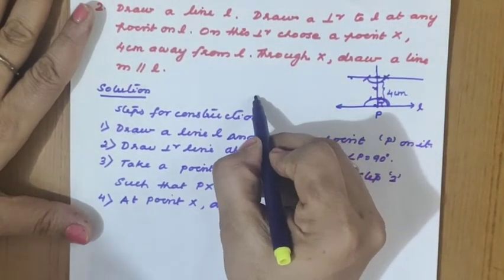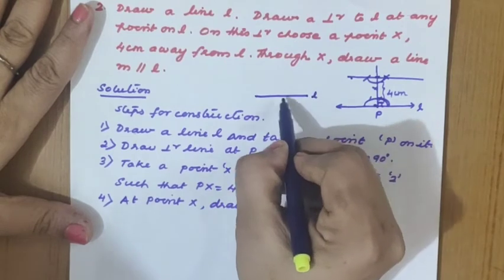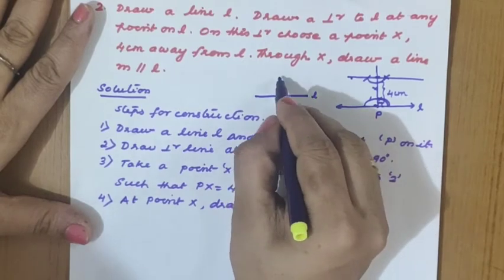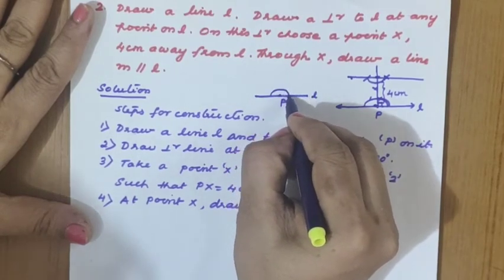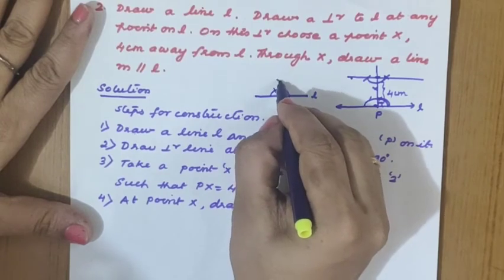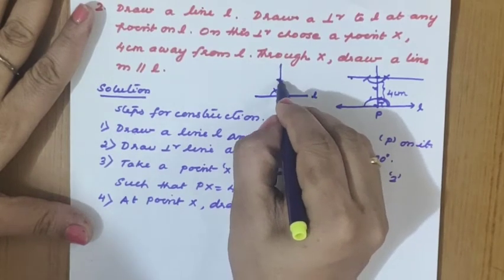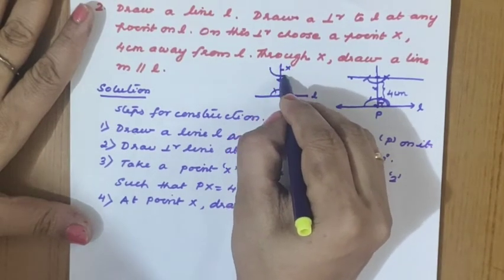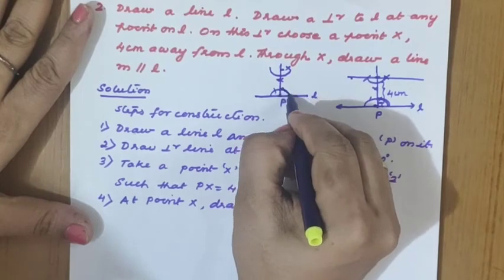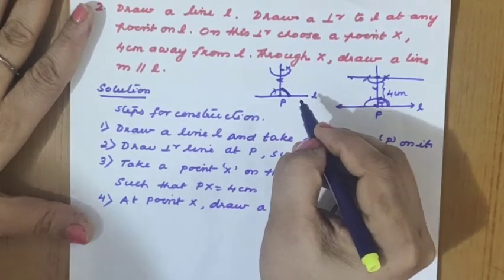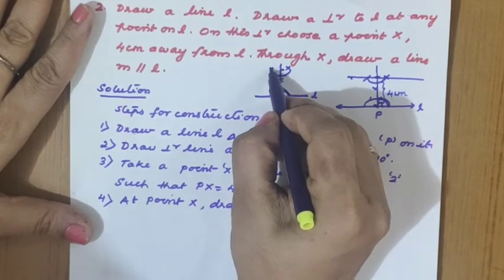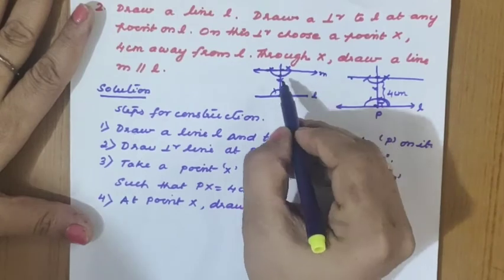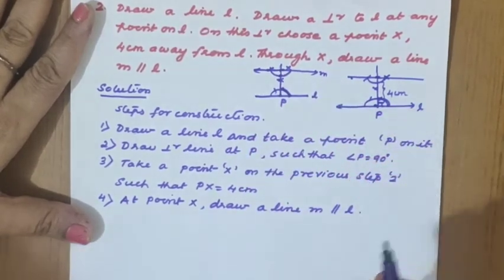One more time I'll explain the rough diagram. What is the first step? Draw a line L. Take a point P on the L. 90 degree construction means draw an arc, then 2 times of cutting, again here. Through this we will complete this arc. On this line we are taking X only. The same arc we have to draw with X as a center. What is the next step? This distance to be measured on your compass, and keeping this as a center we will cut. Through this we can draw. Otherwise what is the other method? We can say that at X also we can construct a 90 degree angle.